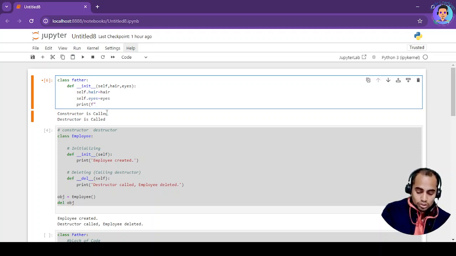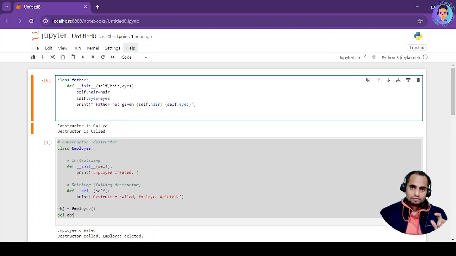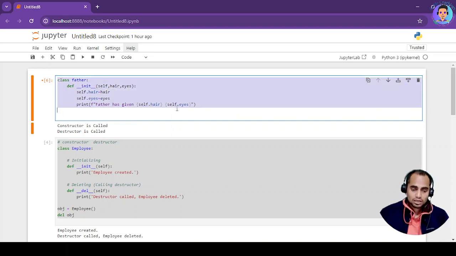I'll just put "Father has given", then write in the curly brackets self.hair, which we have acquired from here, and then we can put a space and write the same for eyes. I'll put it inside the brackets, close it, and complete it. Now this method is defined, this class is defined, the Father class is defined.